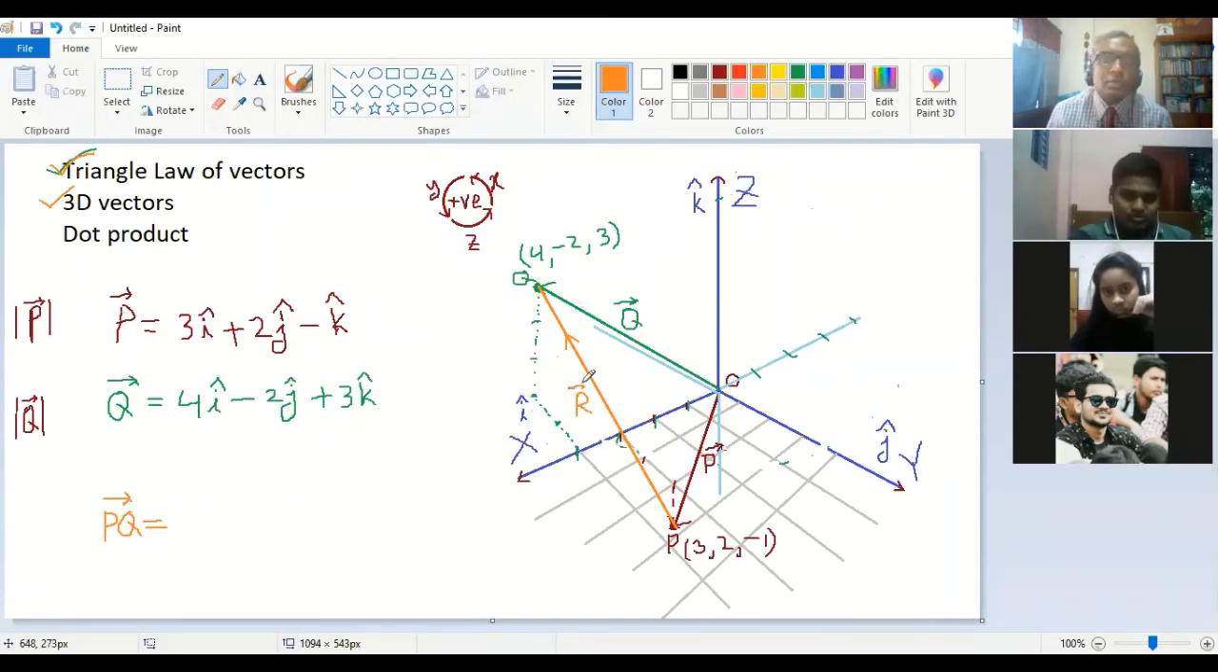Okay. So what is the R vector? R vector is actually P to Q. The PQ vector, its name is R. So